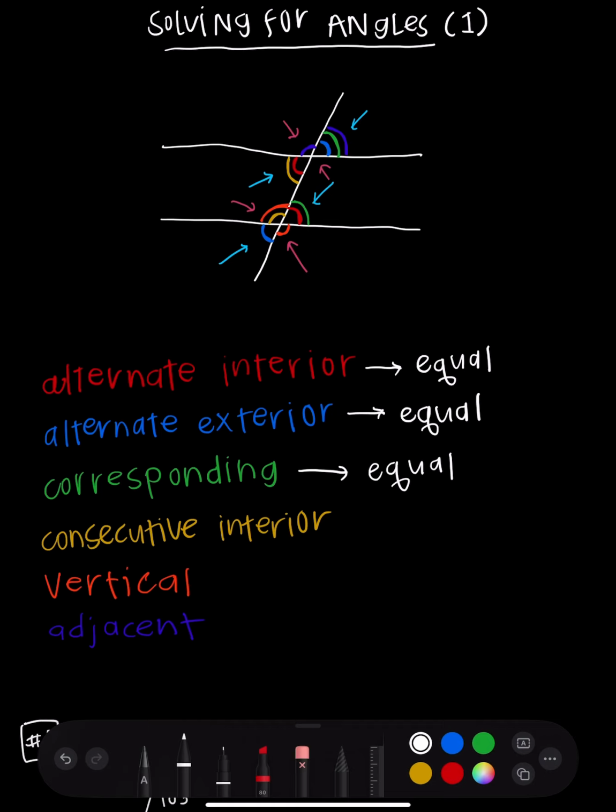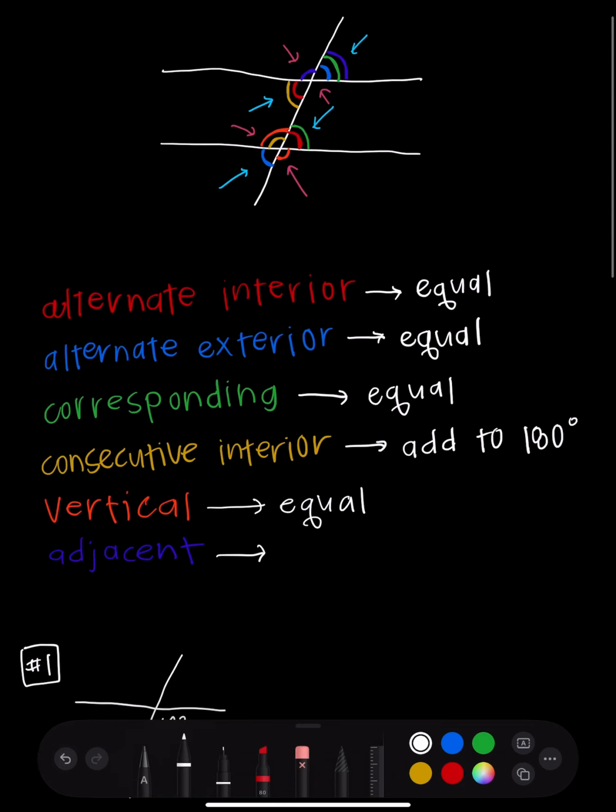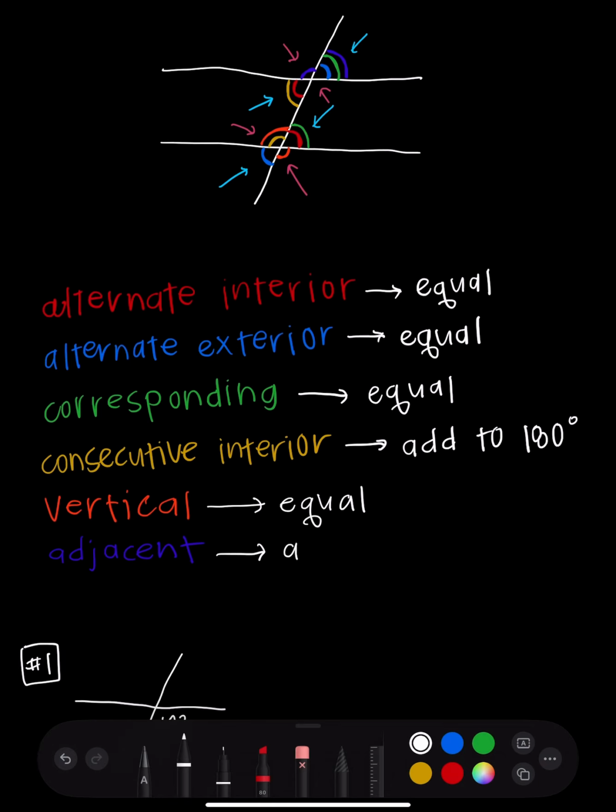The consecutive interior, if you notice, one of our consecutive interiors is on this angle, and then the other is over here on this angle. So we have one pink and one blue arrow. In that case, because they're different colored arrows, then instead of being equal, they add to be 180 degrees, I should clarify. Your vertical angles are equal to each other. And then adjacent angles, the ones that are right next to each other that create that straight line, those add to be 180